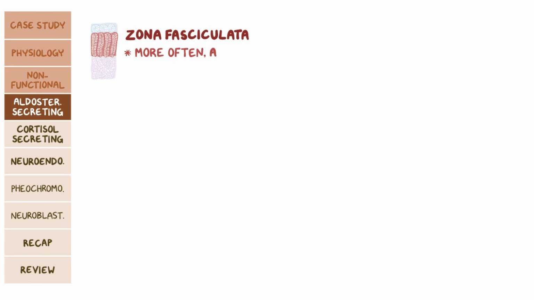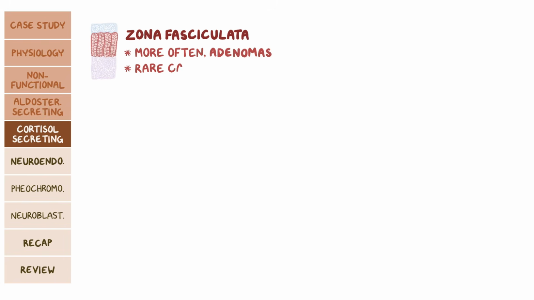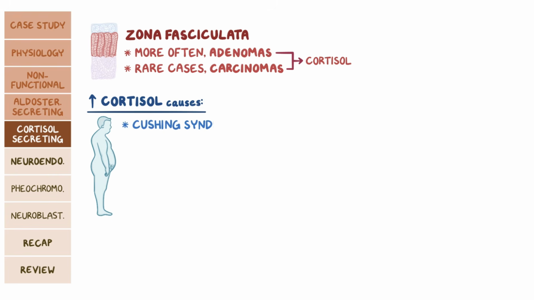These are more often adenomas, but in rarer cases, carcinomas can also secrete cortisol. High cortisol level causes Cushing syndrome. Now, Cushing syndrome can be caused by anything that leads to excess cortisol, not only by adrenal tumors. A high-yield fact to keep in mind is that the majority of cases actually occur in individuals using exogenous cortisol,